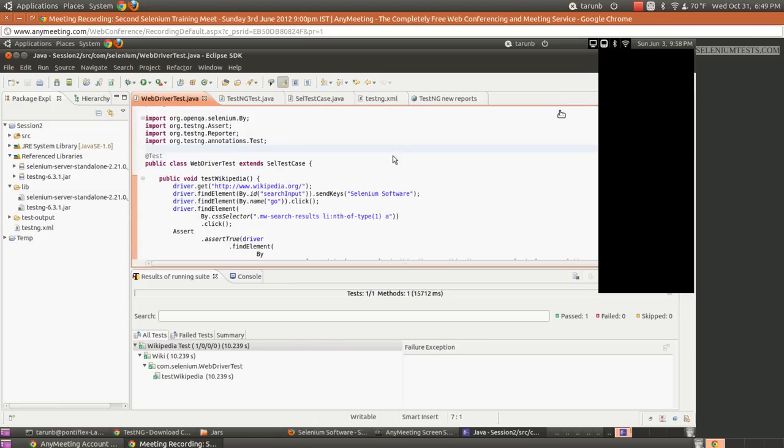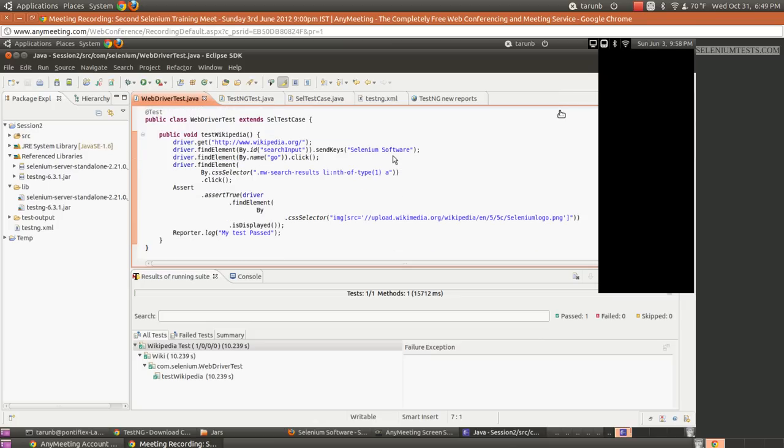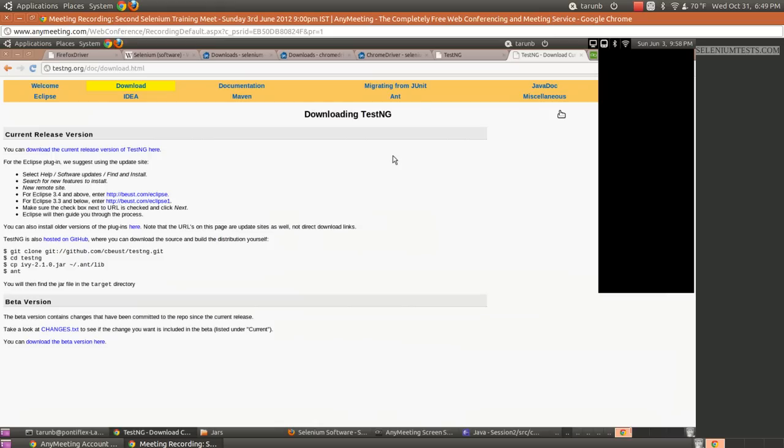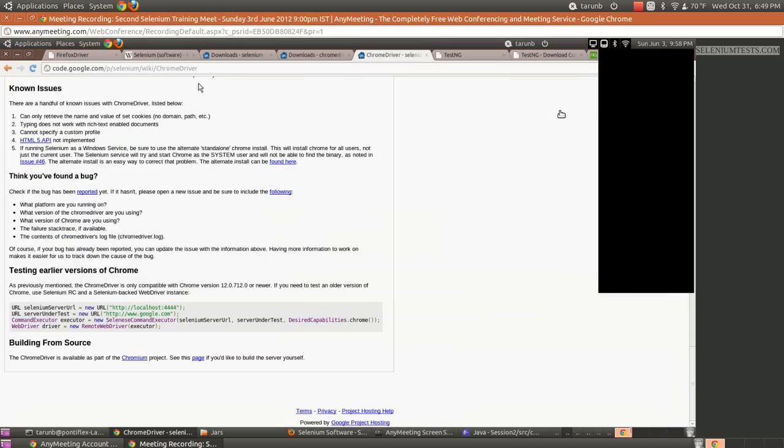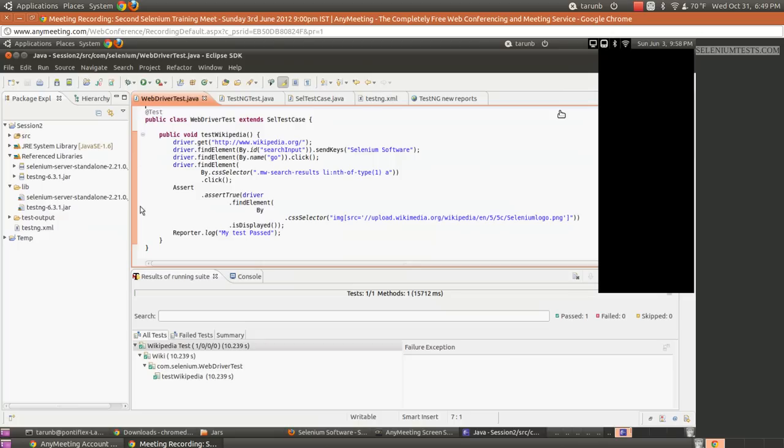So this was about the test using Firefox driver. Let us see a test using Chrome driver as well. As I mentioned earlier, in case of Chrome driver, we will have to use another extra file which is known as the Chrome binary. You can download it from this location, the Selenium Chrome driver download list. Depending on whether you're on Windows or Mac or Linux, you can take the corresponding file. I already have it available, so I'll use that. I'll show the execution in Chrome driver also.